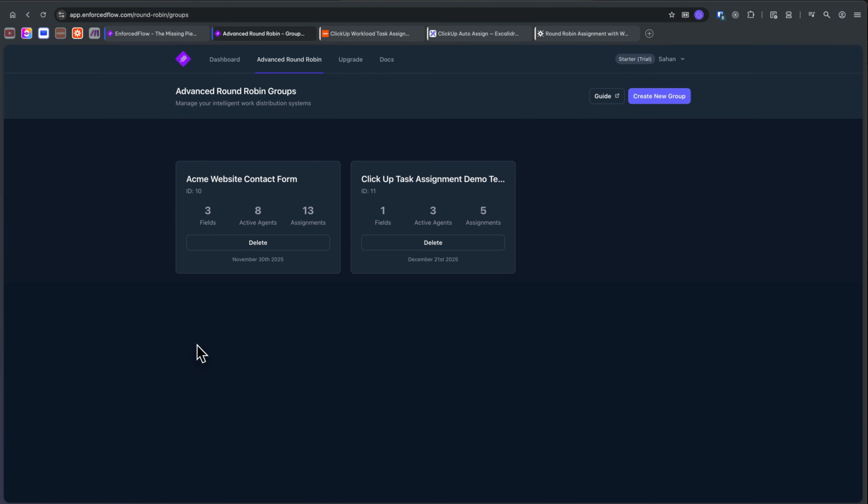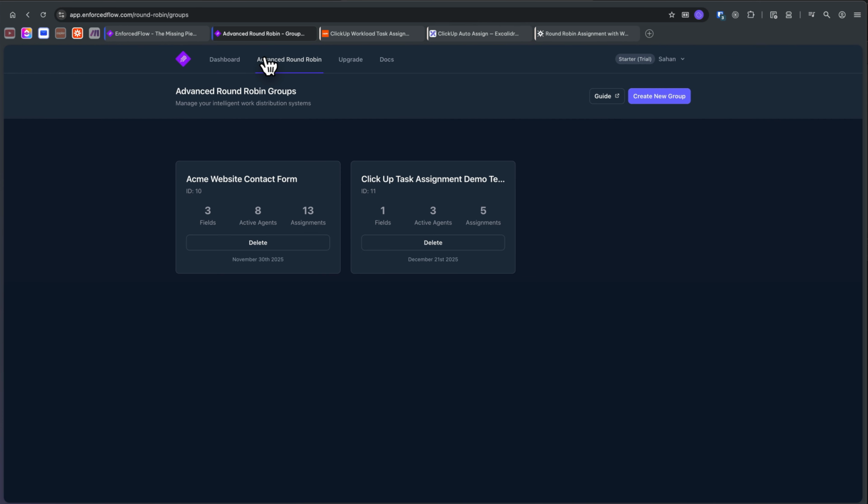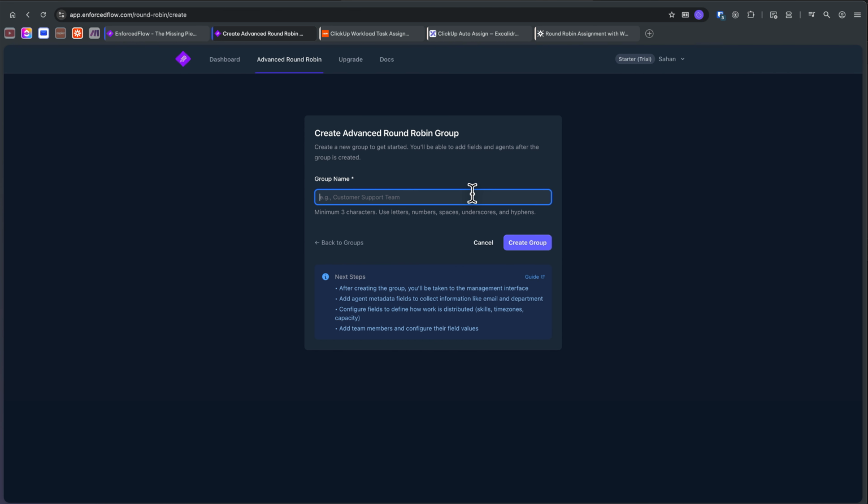So before we begin, we need to create an advanced round robin group inside EnforcedFlow and set up the agents. If you don't have an account, you can always visit the website and sign up for a free account, and then head over to advanced round robin, create a new group, and I'm going to name this ClickUp task assignment demo